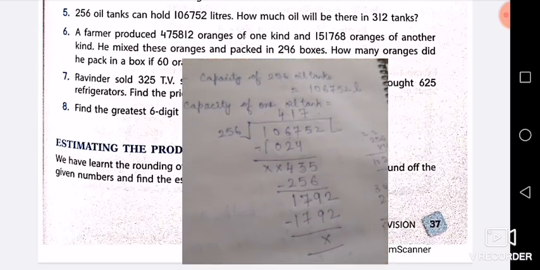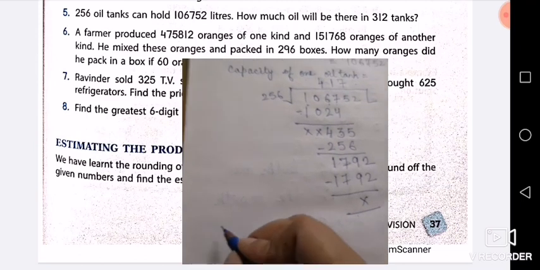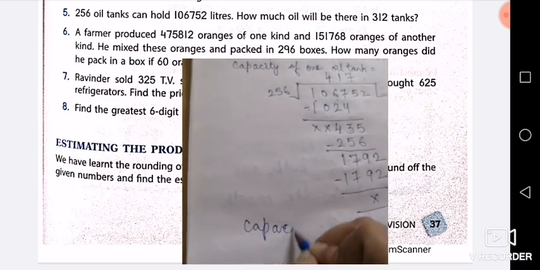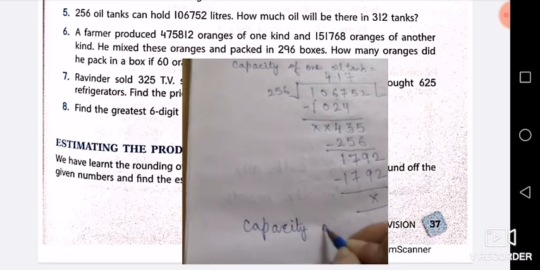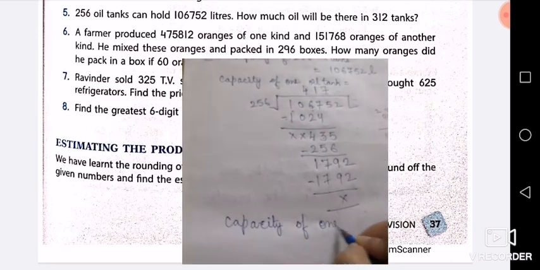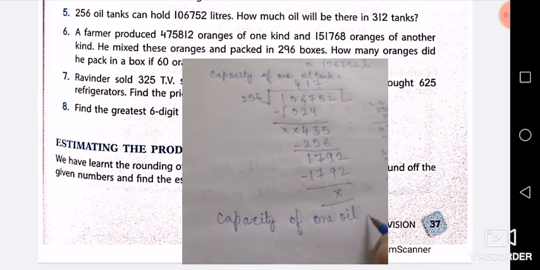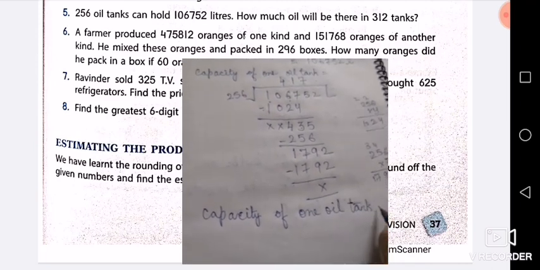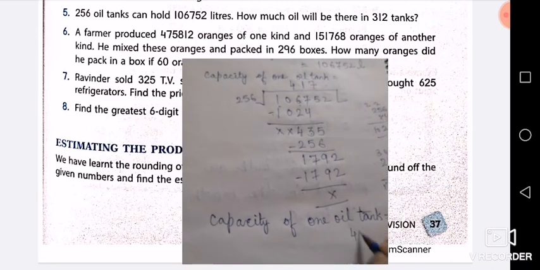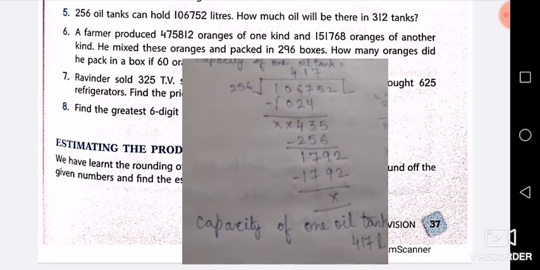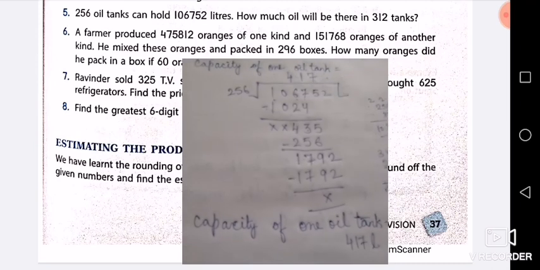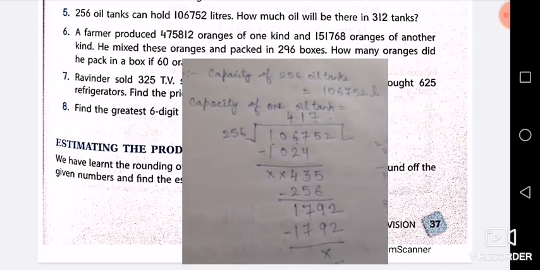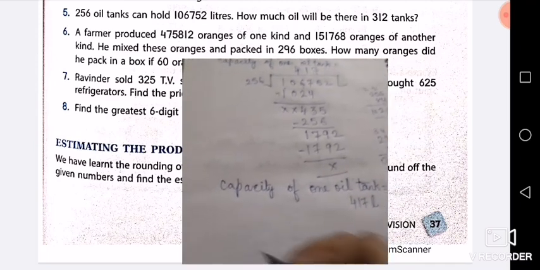Now here the capacity of one oil tank is. You will write capacity of one oil tank. What is the capacity of one oil tank? Yes, 417 liters. Okay. So this will be the capacity of one oil tank. Now what you have to find out in the question? You have to find out the capacity of